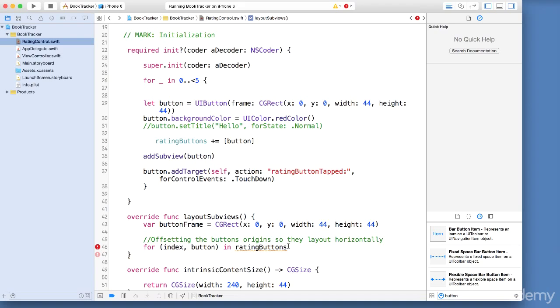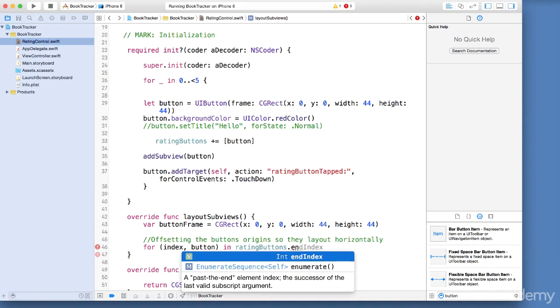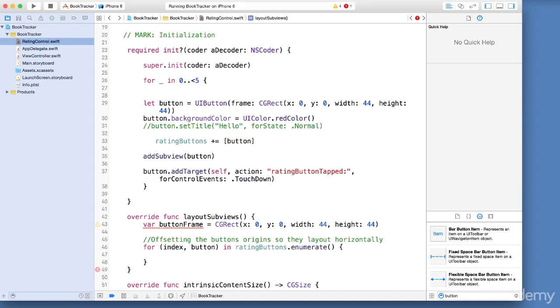So we're going to iterate through that with enumerate. Inside here, this is just a simple for loop. We have the index and button, so we can use these as our accessors. These are variables that we can use to go through our rating buttons, which is the array that holds all of the buttons we've been creating here.